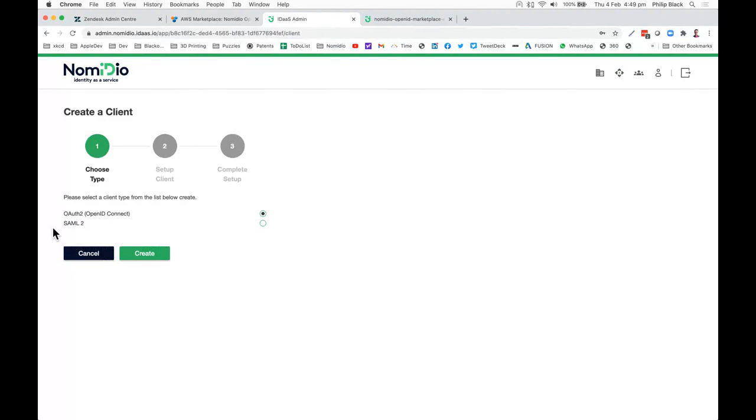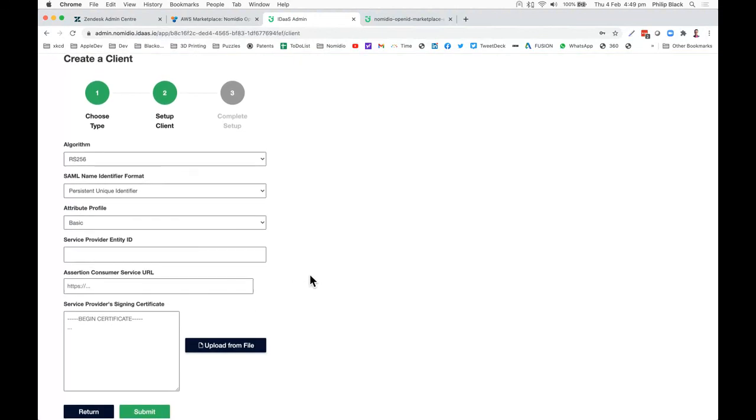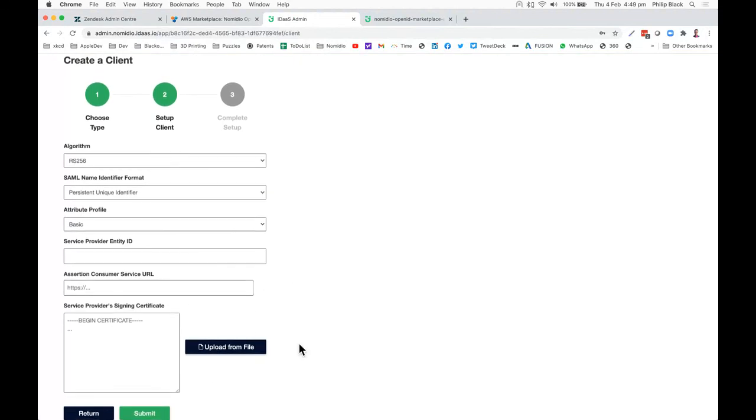And again, it just guides me through here. I know that I'm using SAML, so I'm going to create that client. And here we are, a bit like we were at Zendesk. There are some attributes about Zendesk that I need to provide, which are pretty simple. I know that we use emails for logins, which happen to be a SOAP thing. And I need to provide the service provider entity ID,